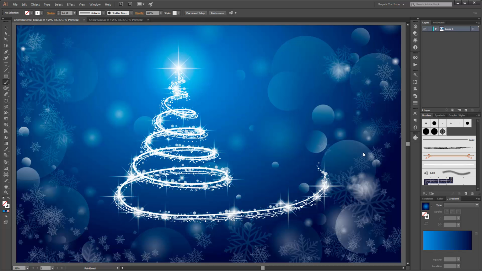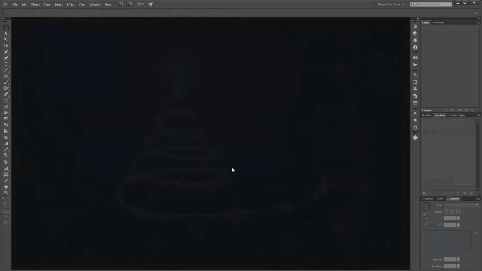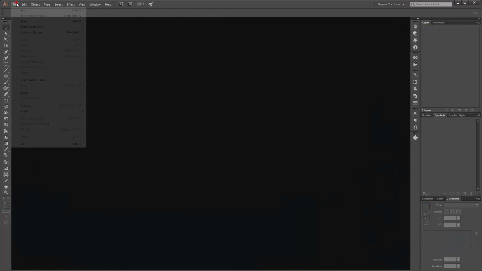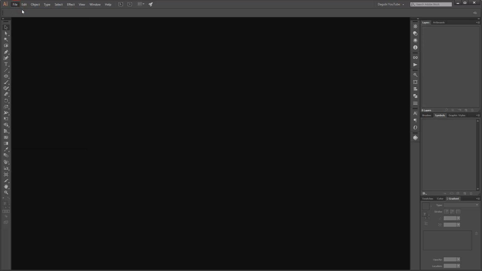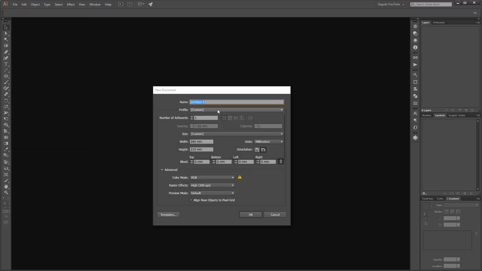In this tutorial I would like to show you how to design this Christmas background. Okay, first create a new file. So change the profile to print and the size to A4. Now click on this landscape button and change the width to 340 millimeters and change the color mode to RGB